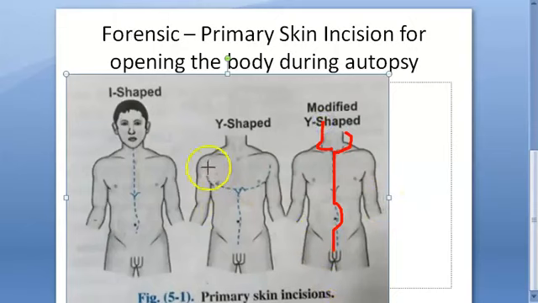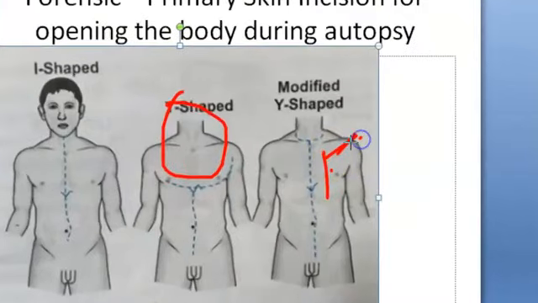Okay. Y is more like this one. This is a Y. And this is more like a modified Y they are saying. I would say this is like an elongated Y. Isn't it? Yeah. This is like a Y which is a bowl shape. This is a bowl-shaped Y. And this is a modified Y. So here they're saying this is for hanging cases, you can examine the neck carefully, and this is for females or if the body has to be kept for viewing. Okay.